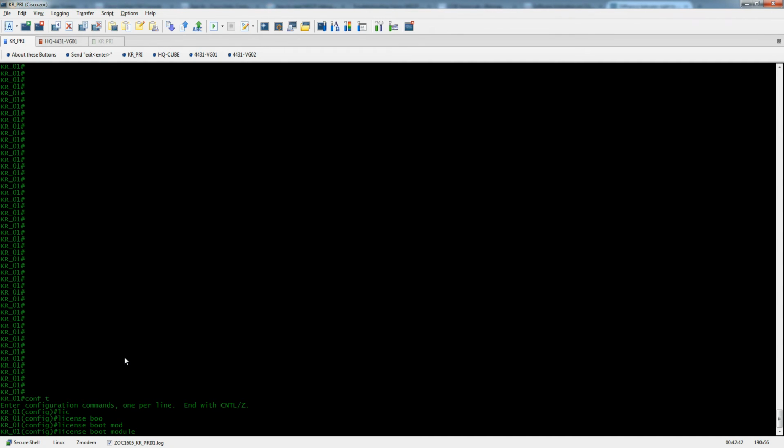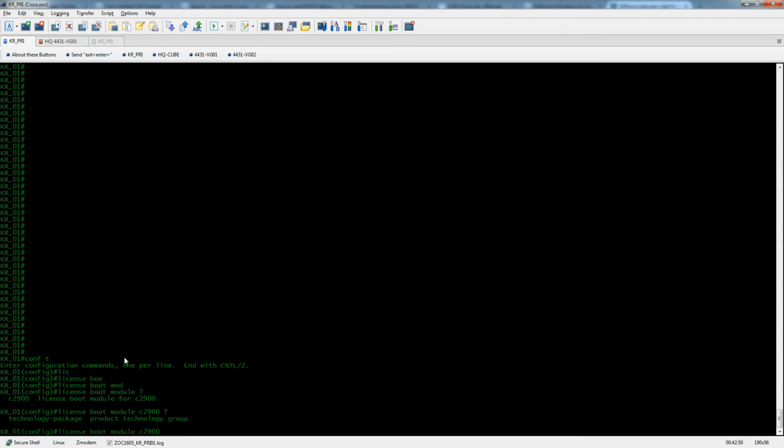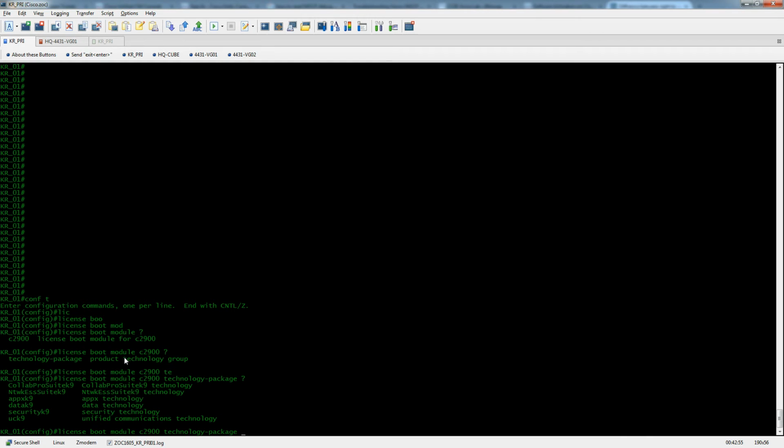boot module, and if we hit question mark, we'll see that it's C2900. And then we do another question mark, and we only have one option for technology package, and then question mark, and then we can pick a technology package to activate if we needed to. Now we see license boot module, but on the